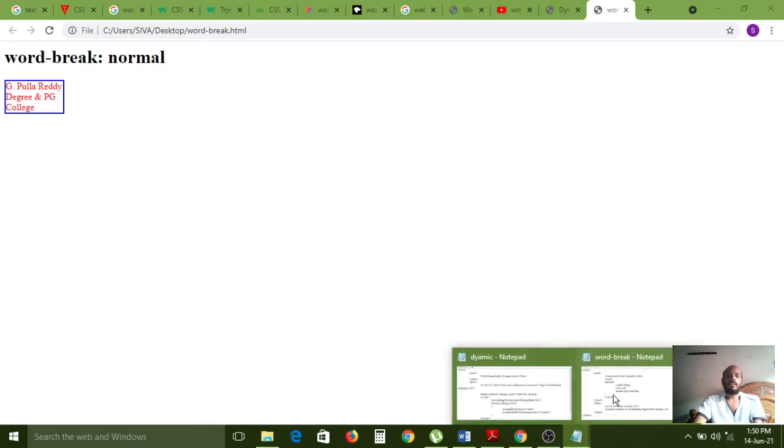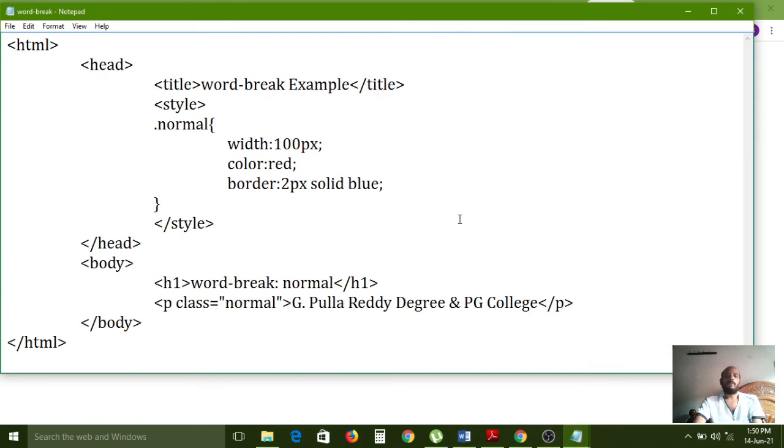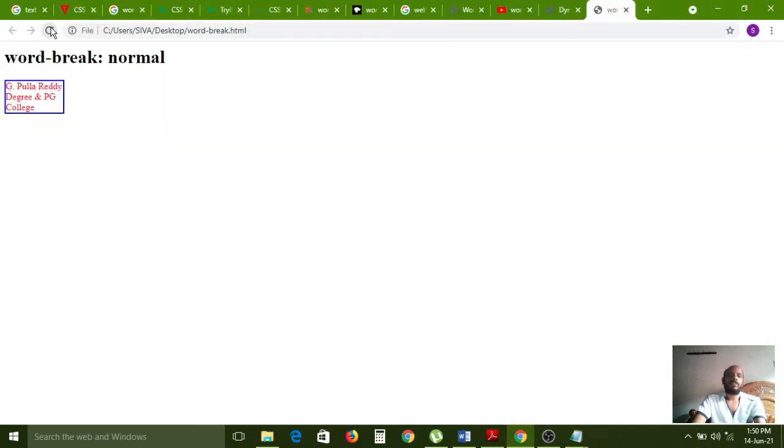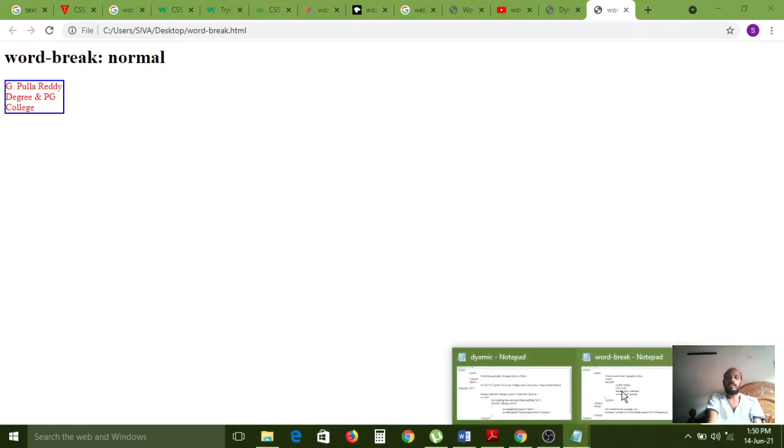So where do we have to use the word break property? We haven't used it anywhere till now, so I am applying it right now. Word-break colon normal value I am using, and I save this one. Again I am refreshing the page. So it is normally displaying the text.